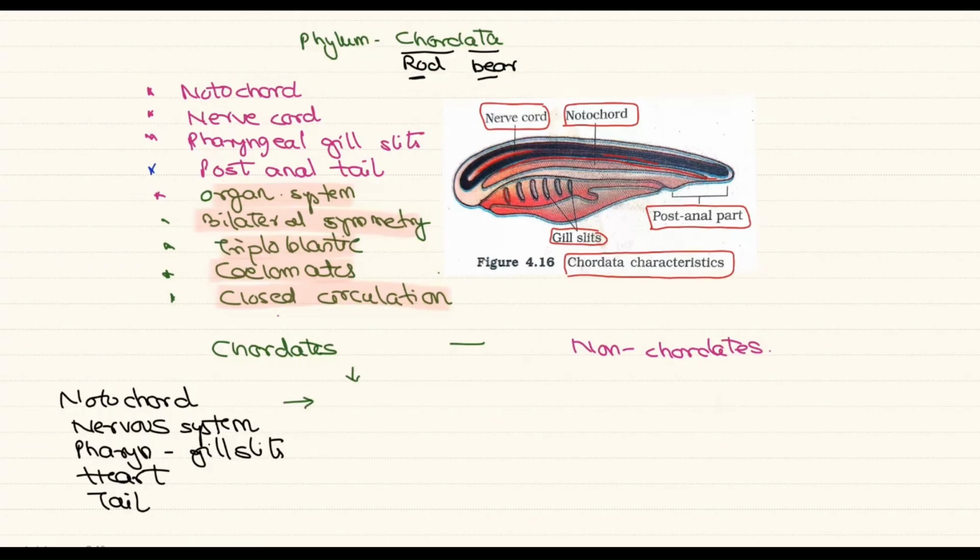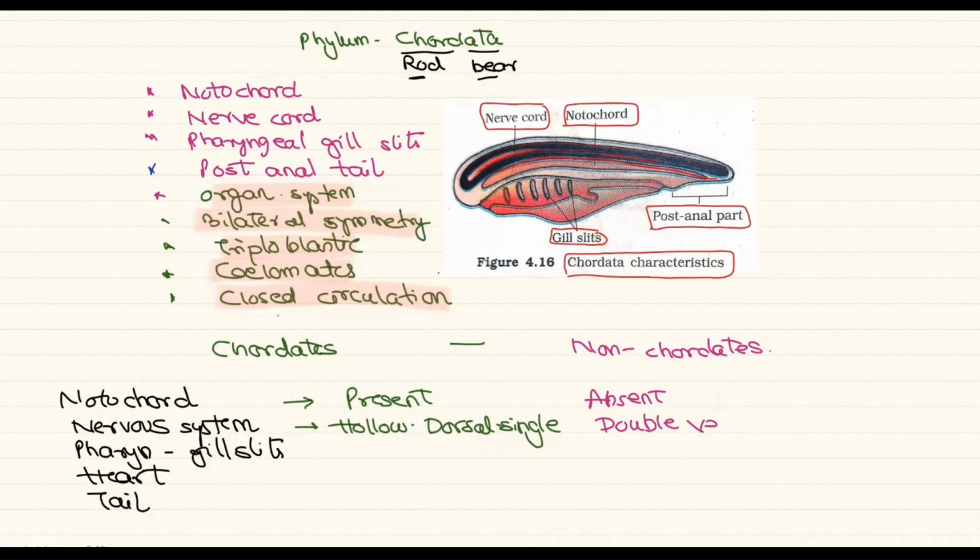In the chordates, the notochord is present, whereas it is absent in the non-chordates. The nervous system is hollow, dorsally present and also single in the case of the chordates, whereas the non-chordates have a double